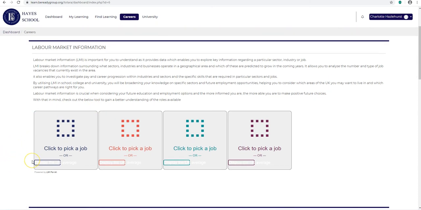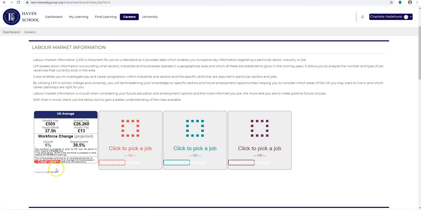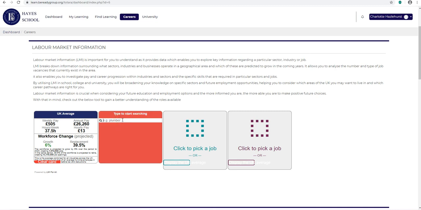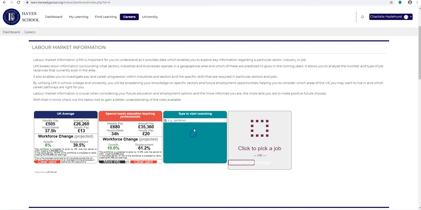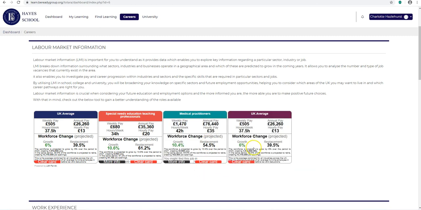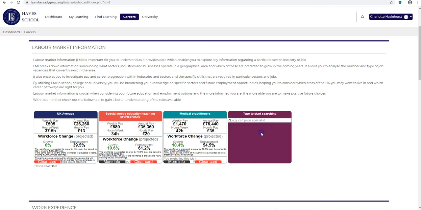And it works just by showing you comparison of different careers very simply. It hasn't come up very clearly here, but if I click on this box, that'll give me the UK average in this card. In here, I'm going to pick a job. I might try teacher and see what comes up there. Let's go special needs education. I might go on this one here and go with doctor, and I'll go medical practitioner there, and maybe I've clicked on the average there. I'll clear the card. I will go for engineer, and let's just see, I'll go for a civil engineer there